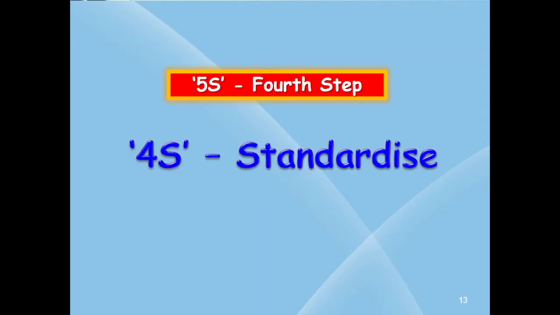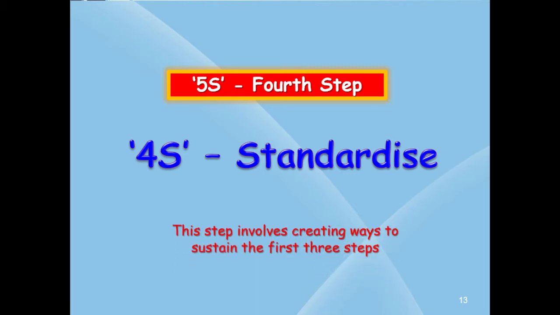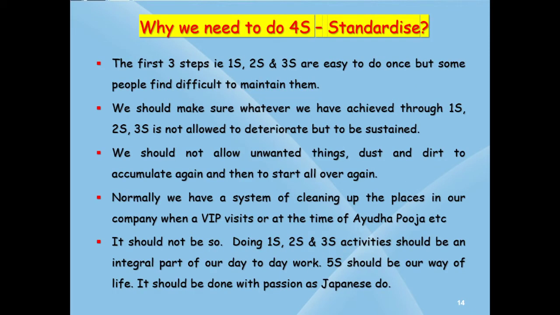Now let's move into the 5S fourth step, that is 4S standardize. This step involves creating ways to sustain the first 3 steps. Let's see why we need to do 4S. After implementing the first 3 steps, some find them difficult to maintain and sustain. Whatever we have achieved through 1S, 2S and 3S should not be allowed to deteriorate. We should not allow unwanted things, dust, dirt to accumulate again, and then we start doing 1S, 2S and 3S